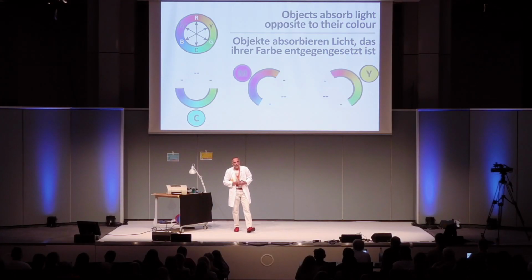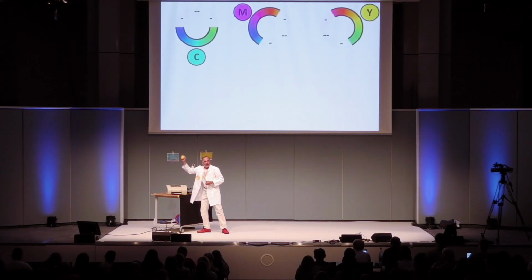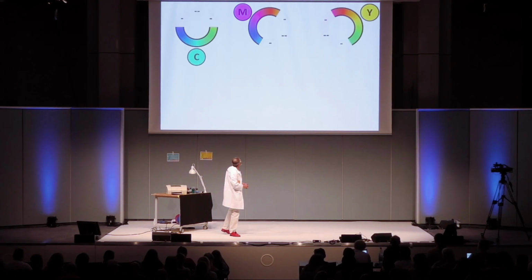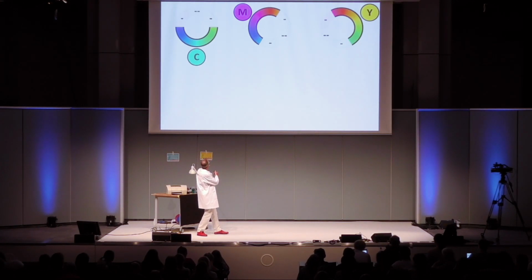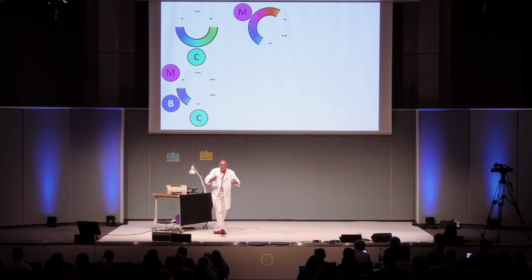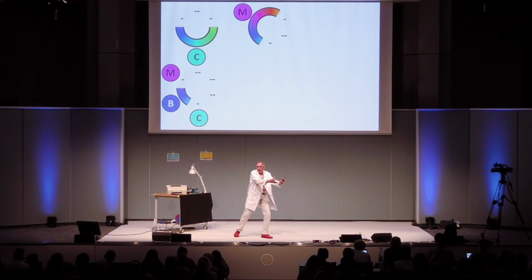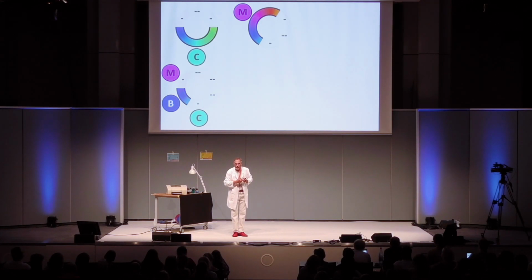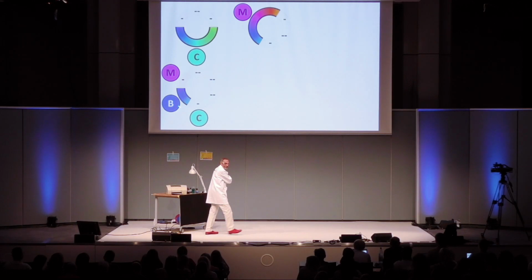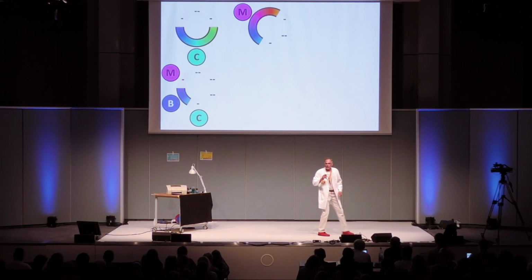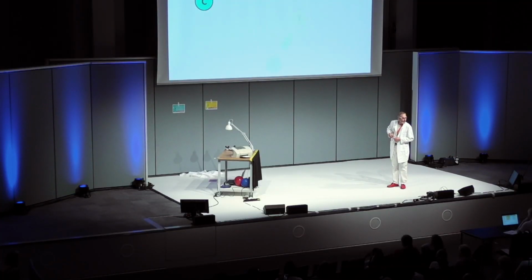So now, what happens if you mix the colors of your inkjet printer, or the colors of your painting? Let's try to mix, for instance, cyan and magenta. As each of these two colors absorbs a certain quantity of light, when you mix them, the result is nothing but blue. So you can create blue by simply mixing cyan and magenta.